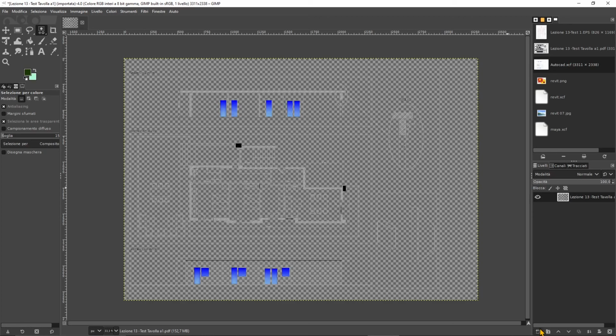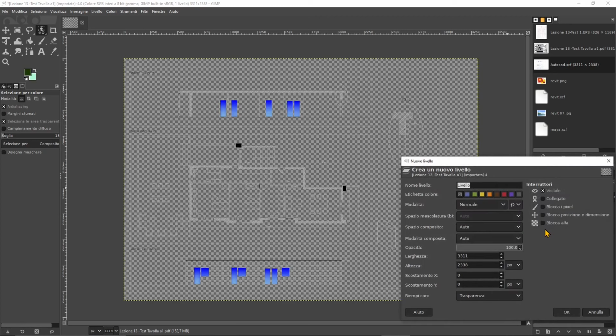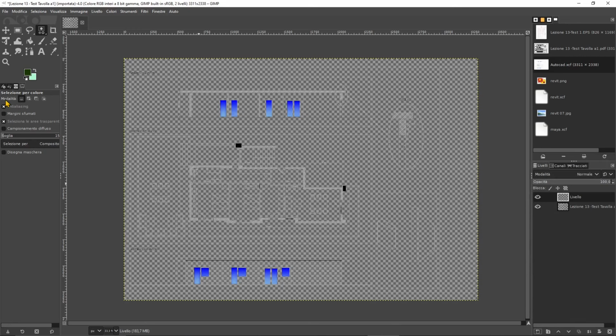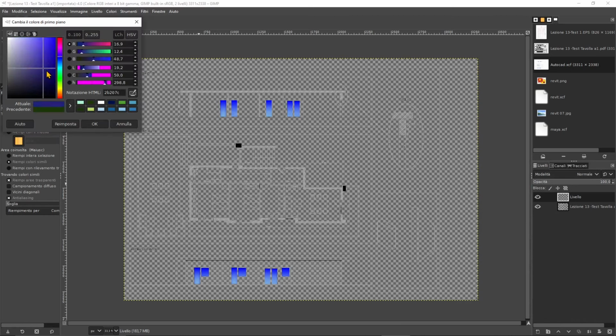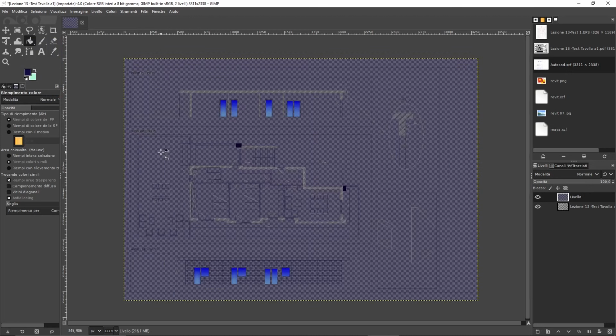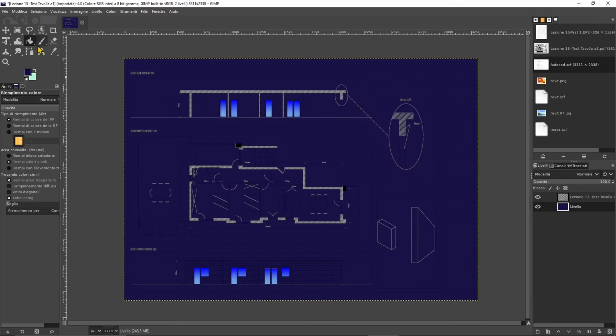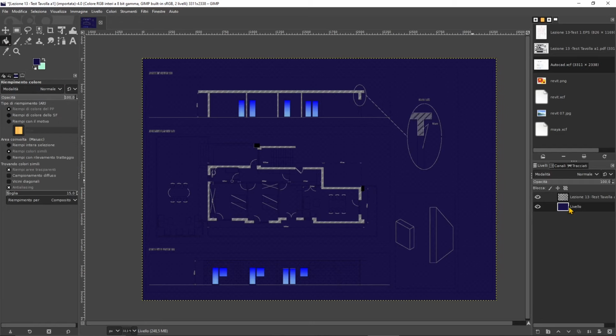So if I go here and create a new layer, and I will then apply to this new layer a color, or a dark background. So let's see, like this one. Okay, now increase the opacity of the fill. There you go. I don't know if that's 100%. So now I can use this as a blueprint, but I also need to switch the